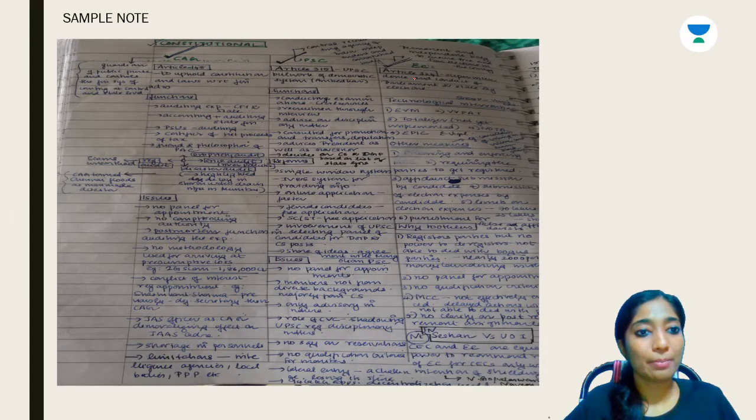What all I had mentioned: one thing is the associated article for CAG. Then the major functions, significance, and issues related to CAG. If issues are mentioned, then solutions are easy. Whatever issues are mentioned, just see the solutions for those problems. That's all. Like this, I used to maintain notes for each and every constitutional body, and major statutory bodies like